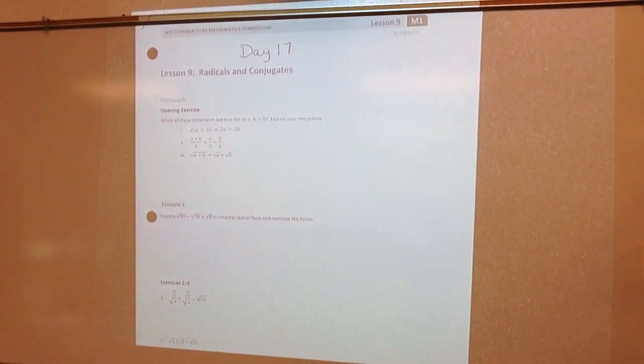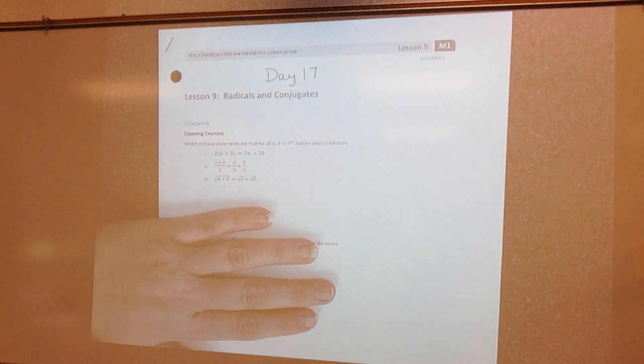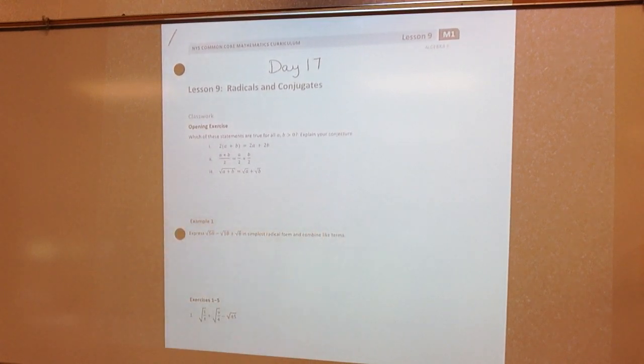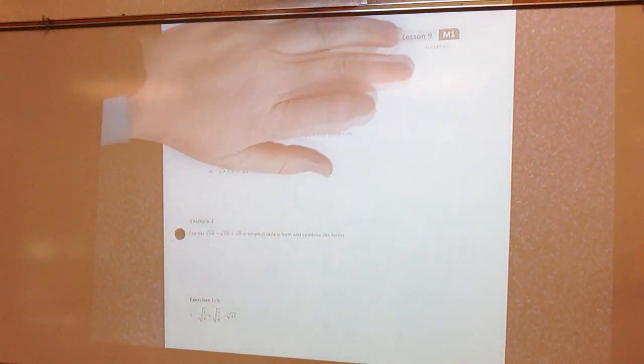Day 17, we're going to be looking at radicals and conjugates. You guys know what radicals are. You probably aren't used to hearing that term, but we're talking about square roots, cube roots of numbers. Alright, so I want to start off just really quickly up here in the corner where I've got some blank